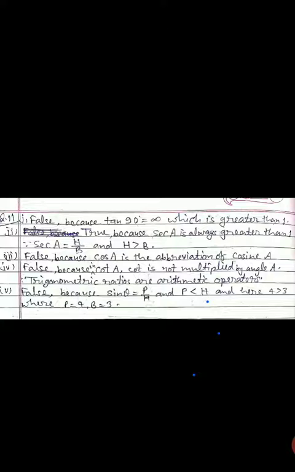Now the fifth part: sin theta equals 4 upon 3 for some angle theta. See now, false because sin theta is P upon H, and the value given is 4 upon 3, so perpendicular is 4 and base is 3. Sorry, it is wrong. In the place of base b you have to write h, so h equals 3, and perpendicular is always less than hypotenuse, but here 4 is greater than 3, so it is false. Clear? Where I showed b equals 3, write h there. Okay, change it. Now this exercise is completed.